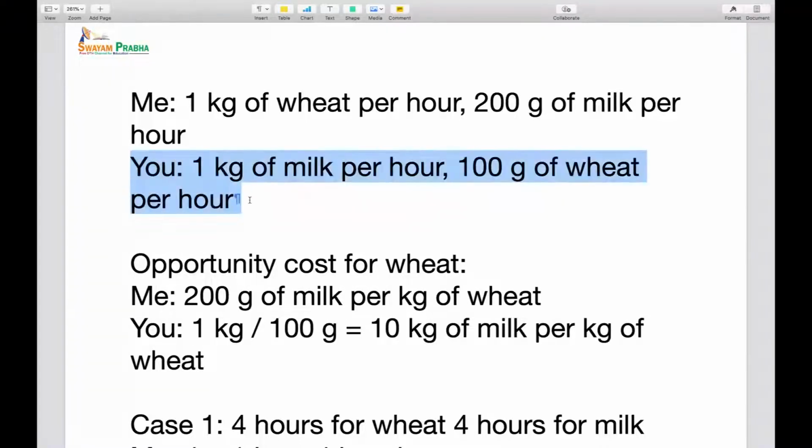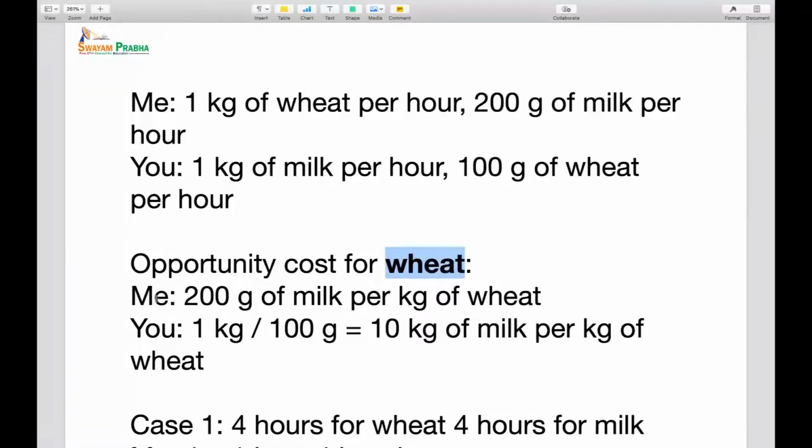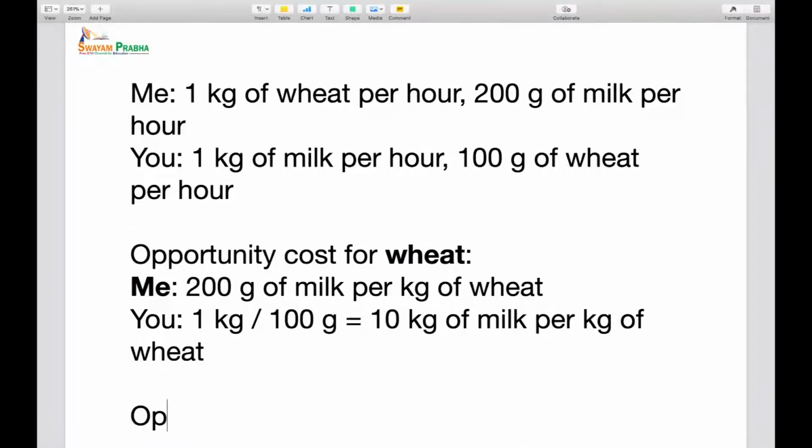If you look at this portion, to make 1 kg of wheat, you had to give up 10 kg of milk. So my opportunity cost is less. My opportunity cost is only 200 grams of milk. Your opportunity cost is 10 kg of milk. So because my opportunity cost is less, for the case of wheat, it makes much more sense that I should be making it. Now let us look at opportunity